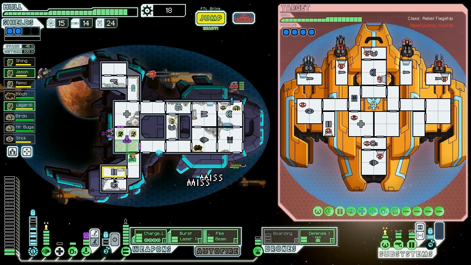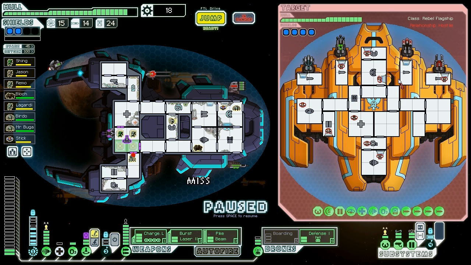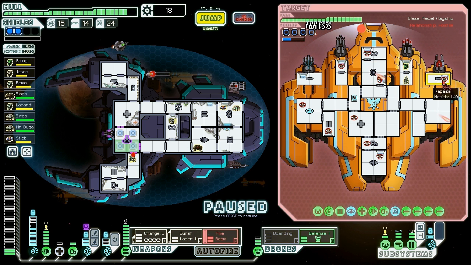Oh, the hacking drone's on teleporting. This is gonna be obnoxious. It always sends them back. Whatever, let's actually send a volley and see if we can do some damage. We can, so let's go ahead and...